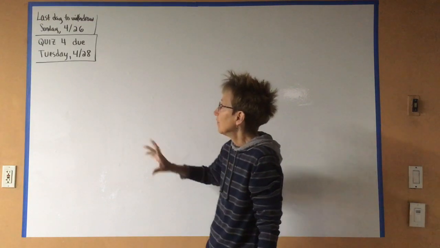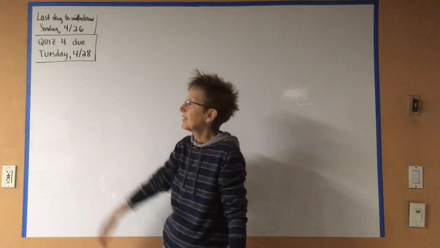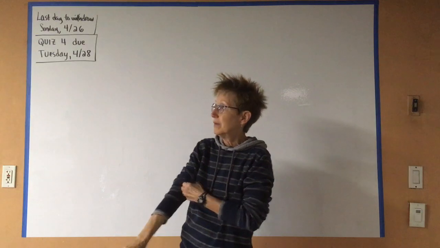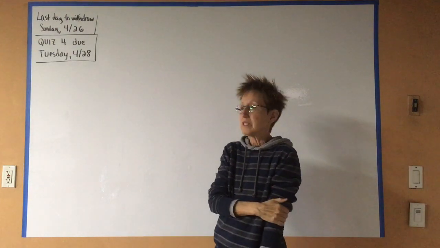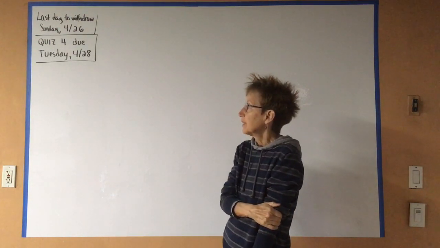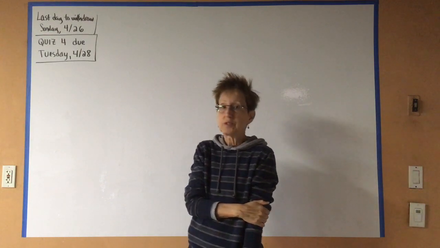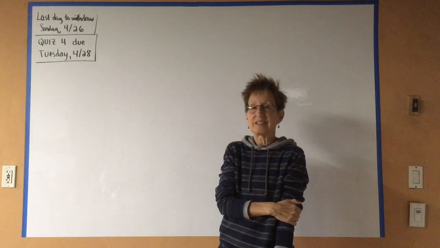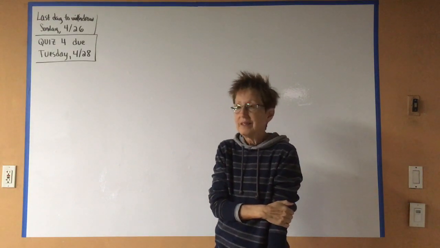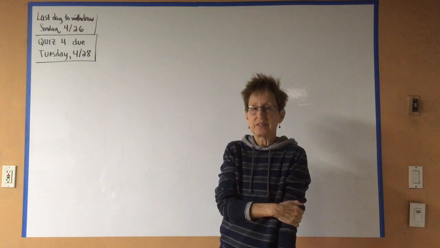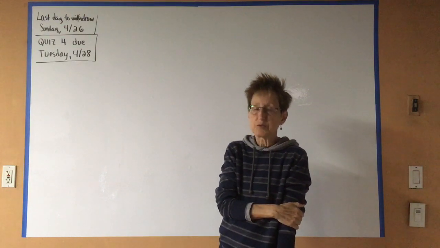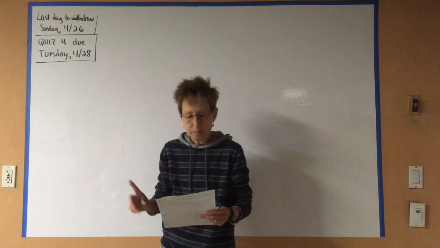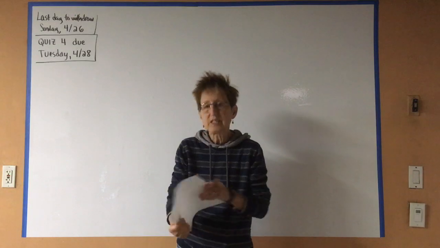So again, you should have those handouts, and you should also have the handout for quiz 4, which is due on Tuesday. So we won't see each other again until Tuesday's class next week, which means that you need to have it done and a clear photo taken and sent as an attachment through Canvas to me by the deadline, and the email that came with this will remind you of that deadline as well. So I think that's my only announcements, so I'm going to erase that, and we're going to go finish 6.4,